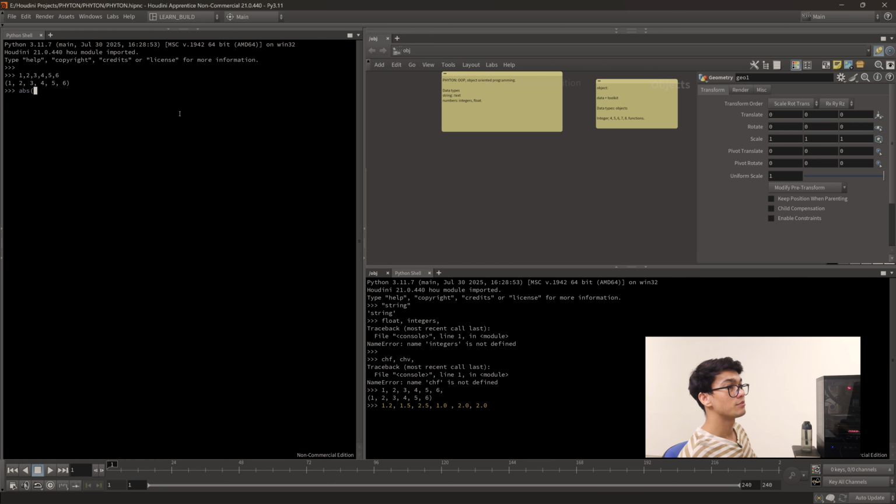So when I set absolute, and you can say like -5, and when I hit enter, it will give you 5. The output here is 5. That means this absolute is working on the type of